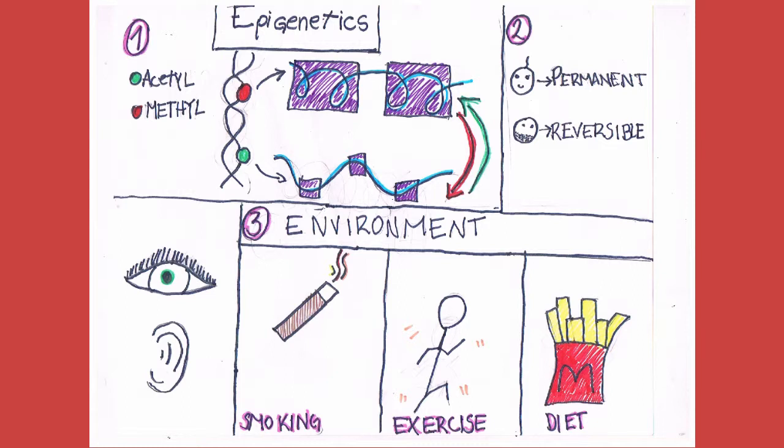This is, for example, if you drink a lot of beer, you will turn on the genes to break down alcohol. But if you stop drinking, these genes will be off and you will not be able to tolerate